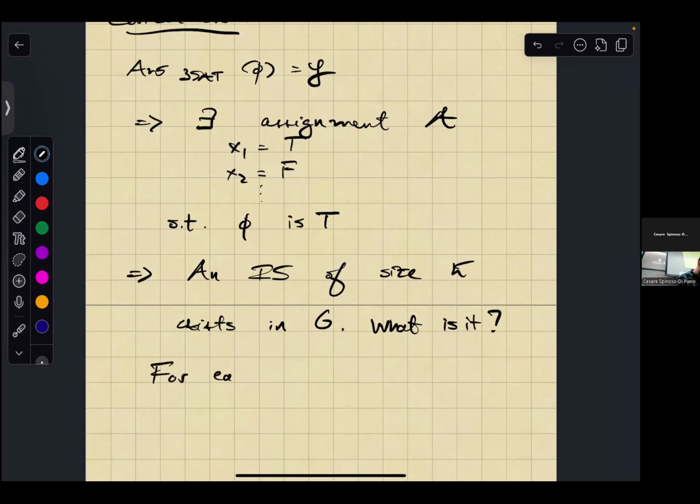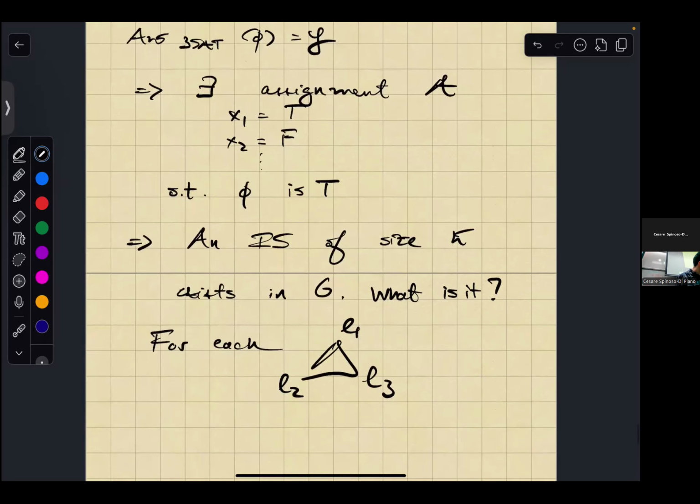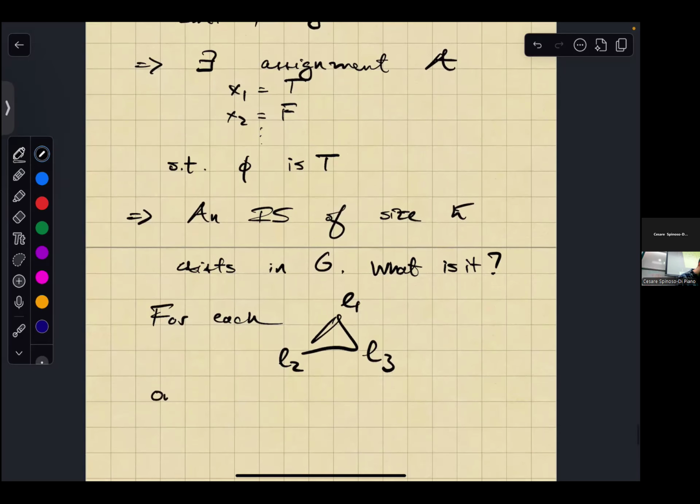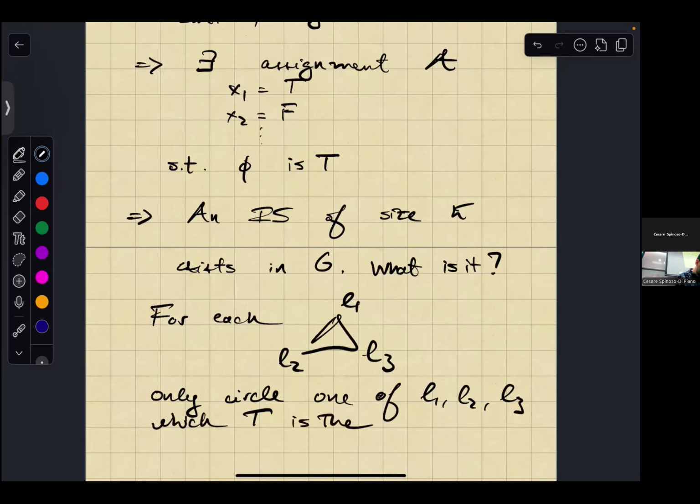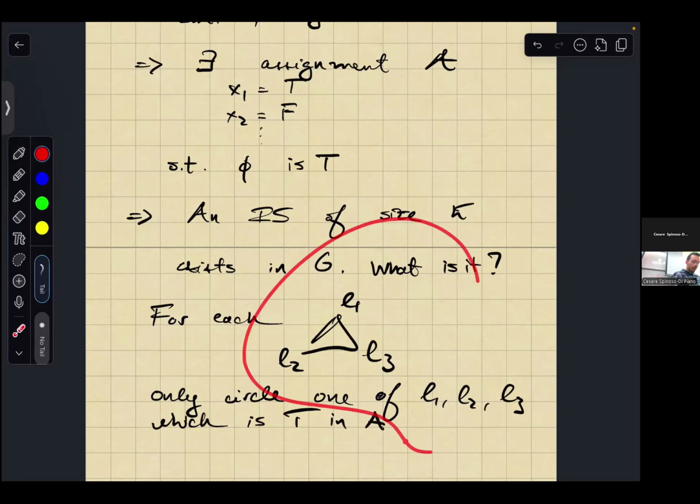So for each triangle, L1, L2, L3, only circle one literal, so one of L1, L2, L3, which is true in the assignment A. Right, so I go through each, so I have my graph G, I have all my triangles,